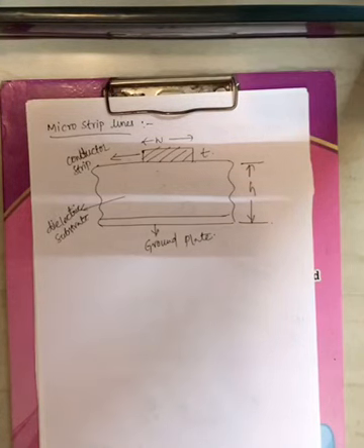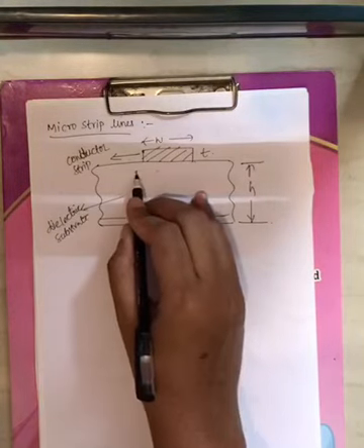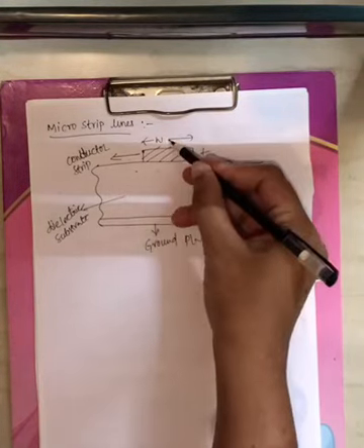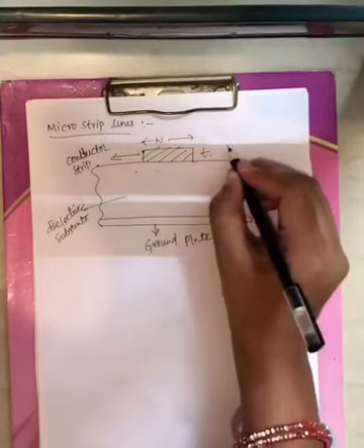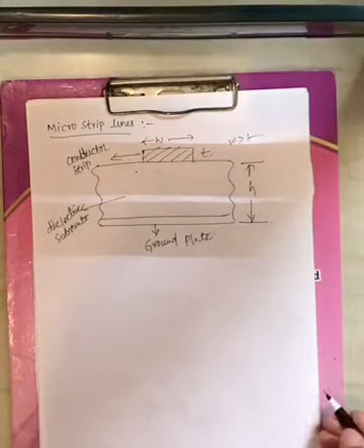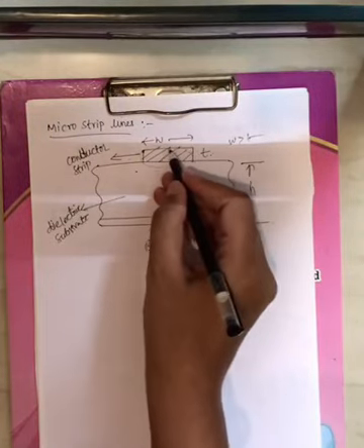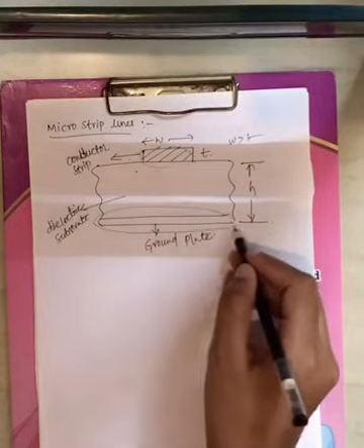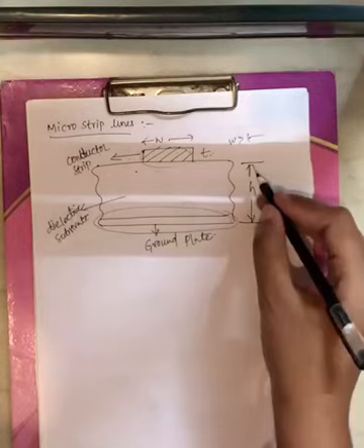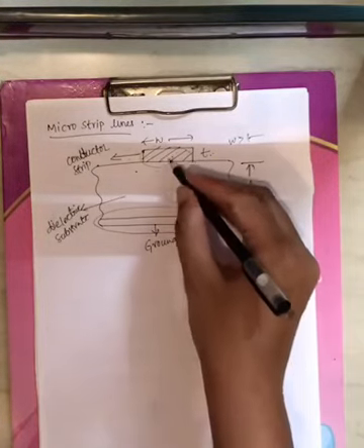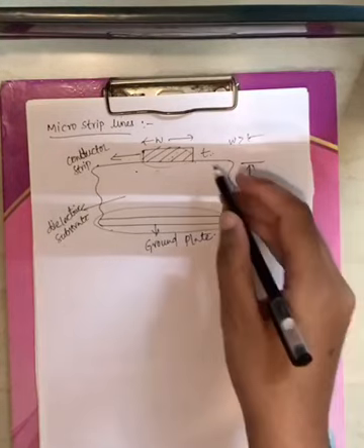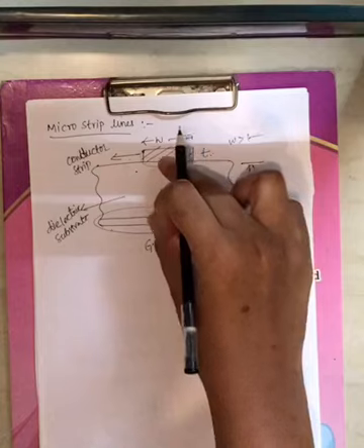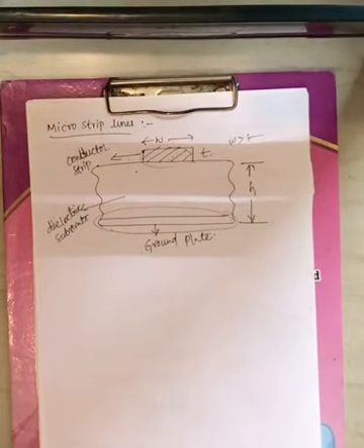Now there you will have two ground planes, and here you have only one ground plate, right? Now this is the conductor strip. It has a width of W and thickness of T. Now always W is greater than T, right? Whatever thickness is maintained for this strip, the same thickness is maintained for the ground plate also. Now the space between the strip and the ground plate is filled with dielectric substrate, and H is the distance between strip and ground plate, right?